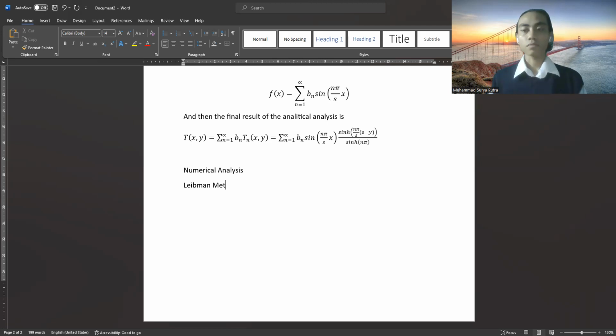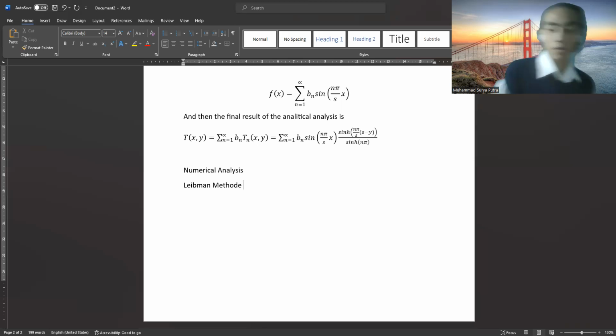In the matter of accuracy it is not far from the Liebmann method, because this is just two-dimensional and we don't have a vast amount of data, and also on the same side the temperature does not differ. So yeah, I'm gonna use the Liebmann method